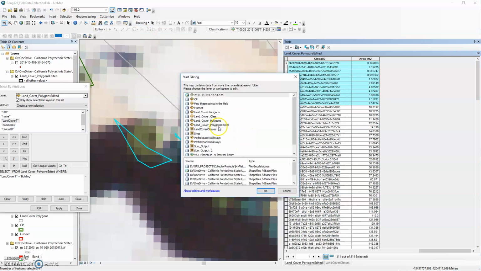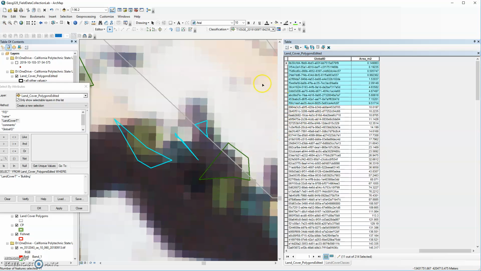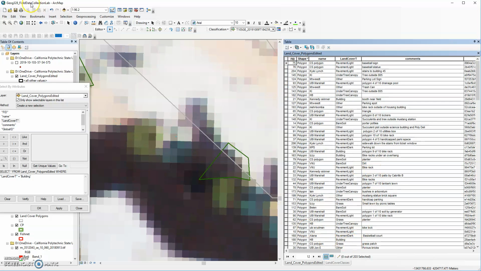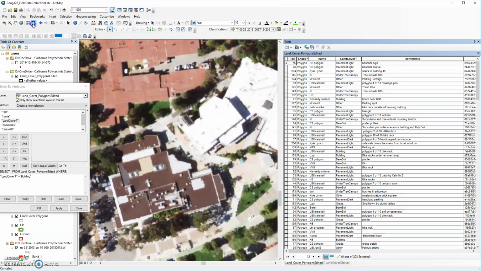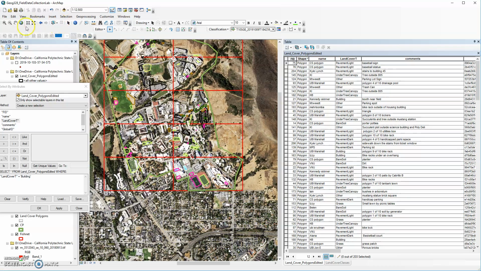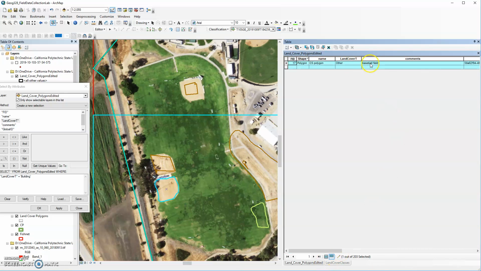So I just start editing again, edited polygons, hit OK, yes, that's fine. I've done 3 separate editing sessions, but that's fine. And you can just delete the selected ones. So you get rid of all of those, basically. And now we're down to 200 polygons, right? So in this way, you can go through and just clean your data. A lot of this stuff just needs to be cleaned because in some cases it's not right, and in some cases it doesn't make sense. So these are 2 patches of dirt. Like this one right here is a baseball field, which is true, but then it's also kind of bare soil,